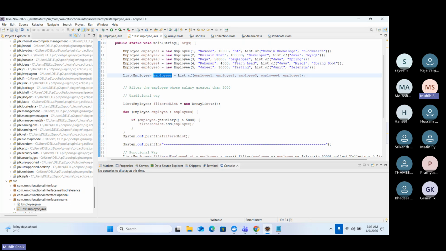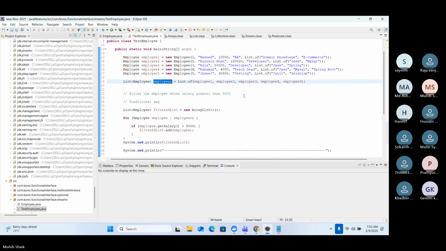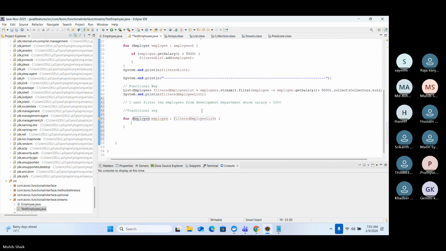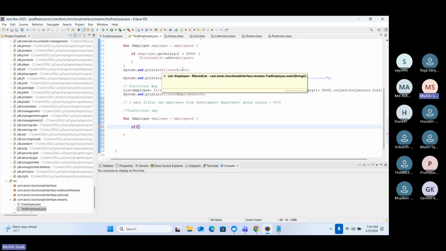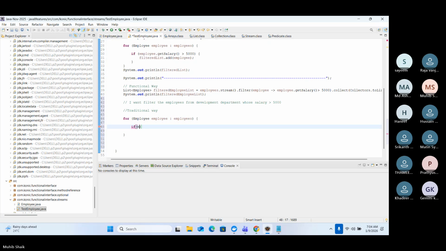Two people. Today I have 2 conditions. Yesterday, from all employees, whose salary is greater than 5,000. Today, my first condition is employees who belong to the development department. That condition I will add here by using this reference dot get